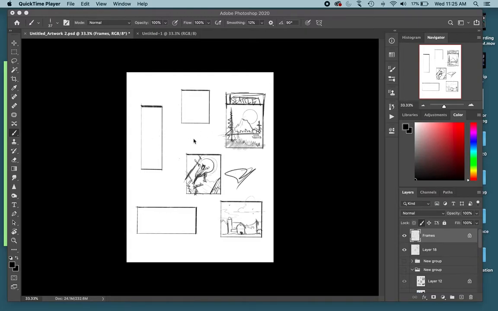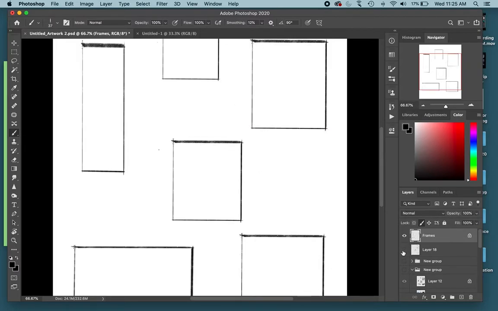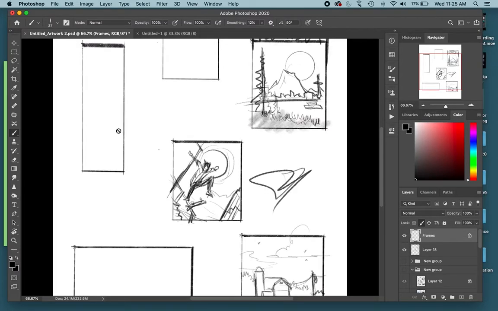I'll show you a pencil and paper version next, but this is a version if you did it digitally. So here's my sketch. I'm going to do this one of the skateboarder. First, as you see, my frames are on their own layer, and so is the artwork. I just want to merge these down,